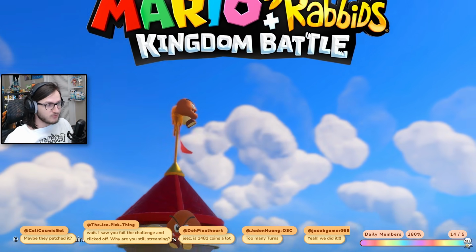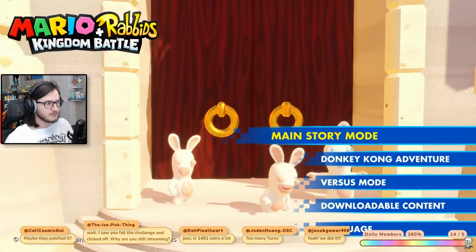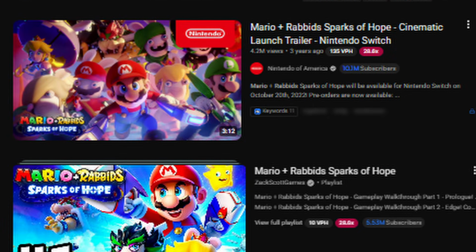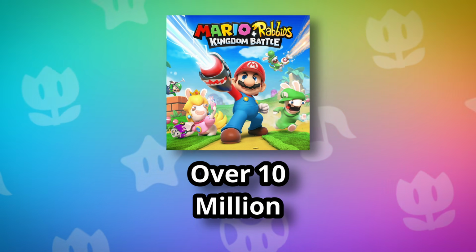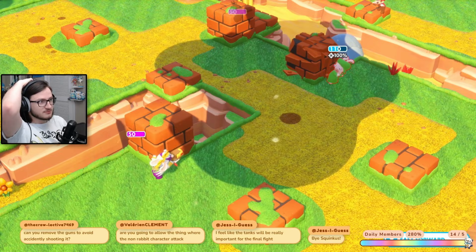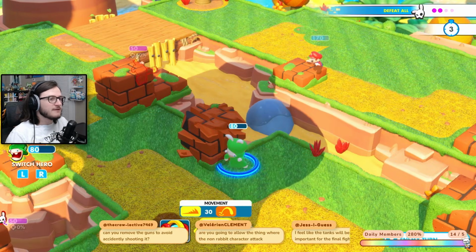Mario plus Rabbids Kingdom Battle is one of the greatest games that came out on the Nintendo Switch, and I saw surprisingly little about this game anywhere on the internet. And that's crazy, because this game sold about 1/3 the copies of games like Super Mario Odyssey and Breath of the Wild. If you don't know, Mario plus Rabbids is a series of tactical RPGs that have an incredibly unique